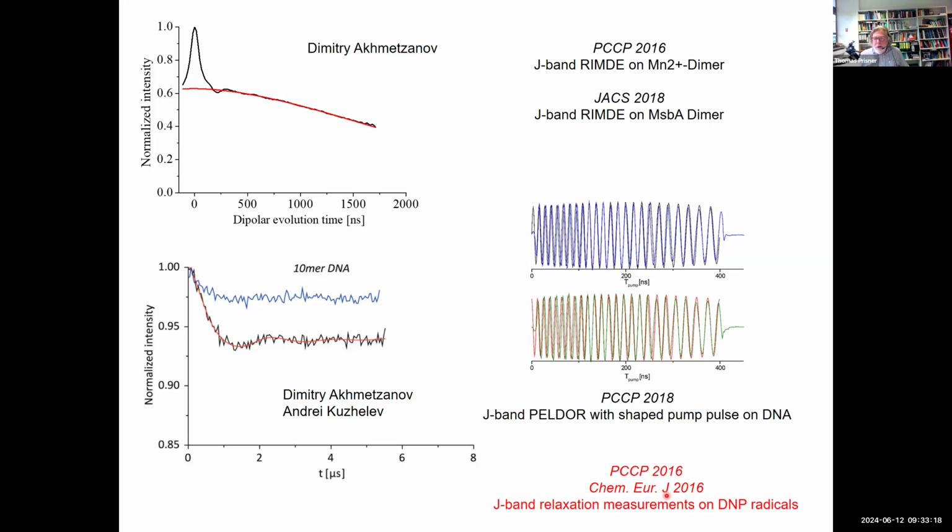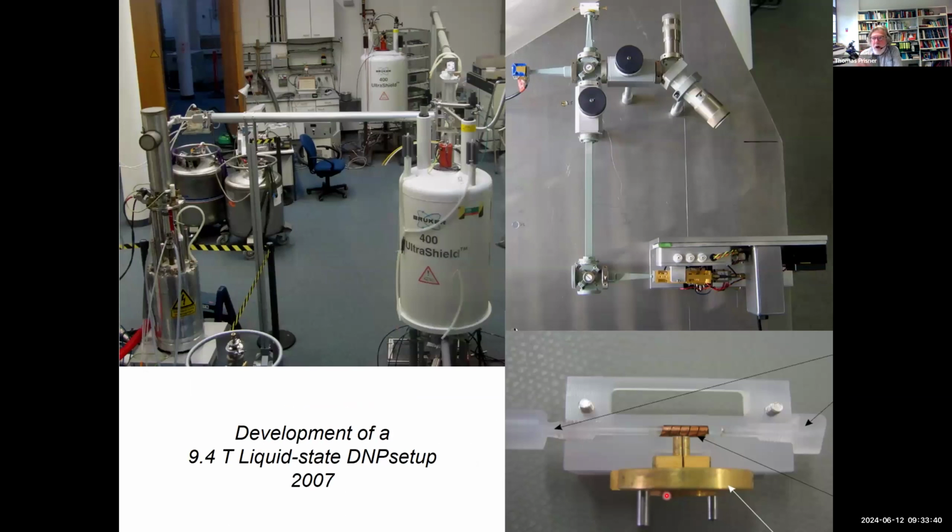So Bob Griffin realized that from the beginning, and I think there is a lot of improvement possible if you have the opportunity not only to do your DNP experiment at a given field, but to directly compare and do the EPR experiments at the same field. And so I went the other way around. Of course, I became interested because Bob's DNP was running so beautifully. And then we also started in Frankfurt to set up for the same field, 260 gigahertz EPR, 400 megahertz NMR. We started to set up